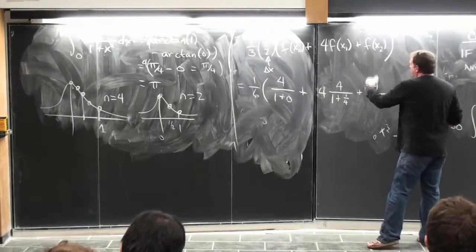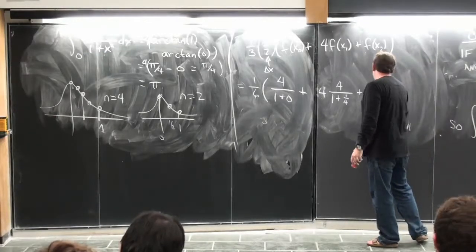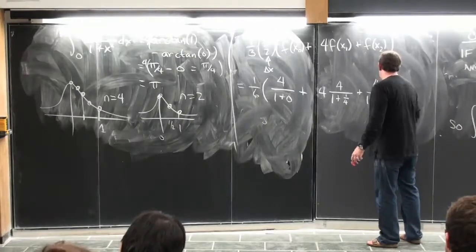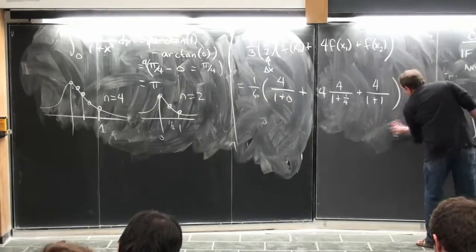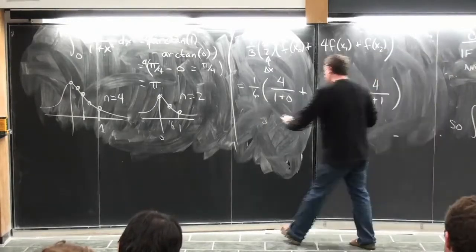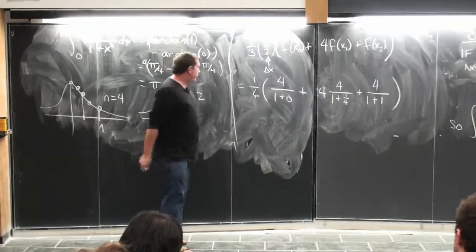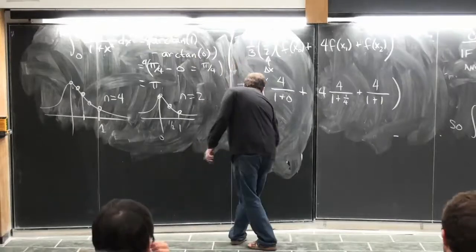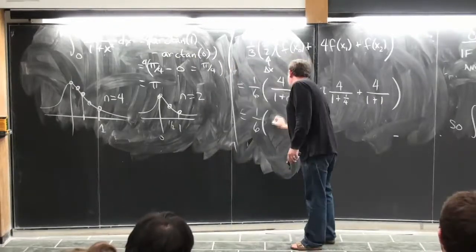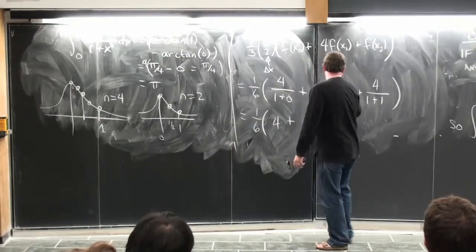And then 1 times 4 over 1 plus 1 squared. So this is arithmetic that I can actually do. This is about the limit of my arithmetic abilities, but okay. So this is 1/6, 4, plus